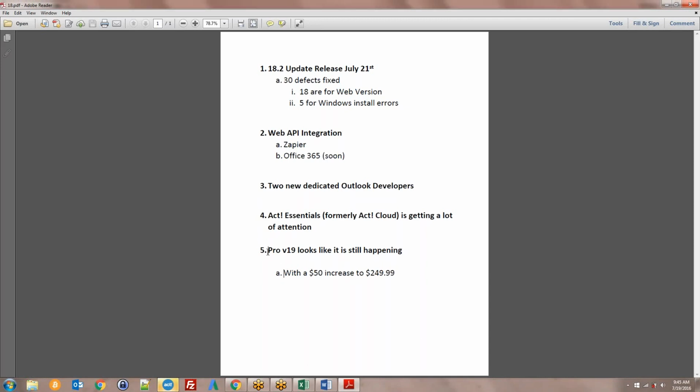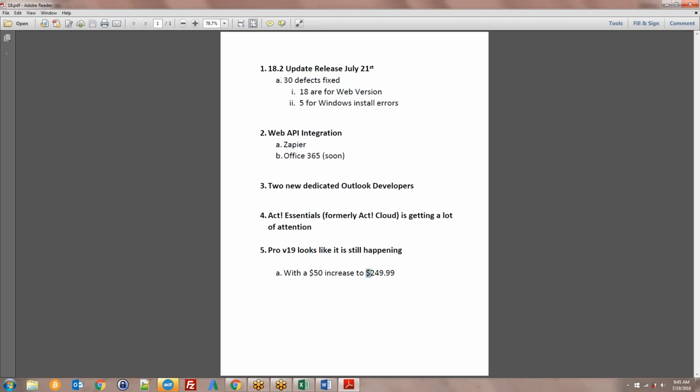Kind of silently last week, Act Pro raised in price. They threw a $50 increase on there from $199 back up to $249. I wonder in part if this is part of their efforts to try to kind of retire Pro, but it's not an unreasonable price range in my opinion, because this is the historical price of Pro for at least the past 12 years. Act Pro was $249, and it was only at the release of version 18.0 that they dropped it down to $199. And I'm not quite sure what the motivation behind the price drop and then raise again was, but